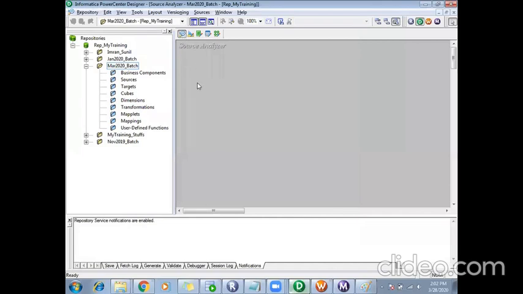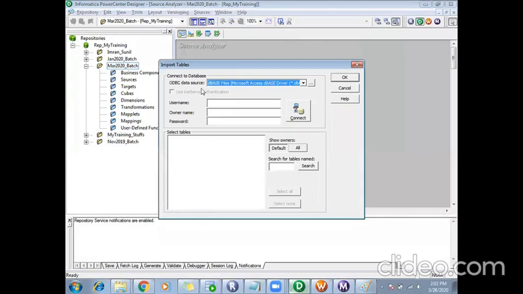I don't want to do it manually, I can just import it. Informatica makes my things easier. So what I will do is, I'll say sources, import from database. Again, I have to create this ODBC data source connection the first time when you do the setup. So I have created it for my Oracle database. Again, this step is there in the document I have attached.